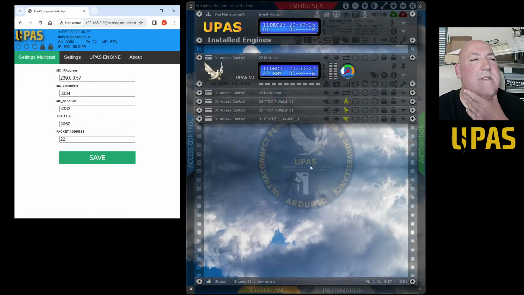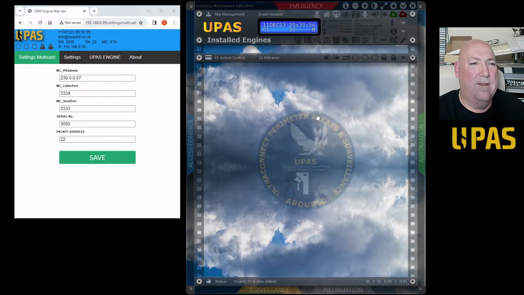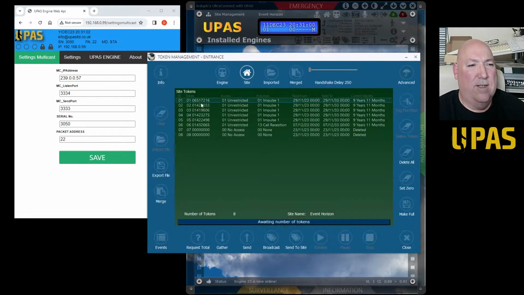Engine 23 is offline. Engine 23 is now online. This bit here, this web API, it's just a bit of basics, just to get you set up, and probably as a standalone access control system where you can learn a token and look at the tokens that are in the list. That'd be nice. Although token numbers don't really mean a lot, a bunch of token numbers, they don't mean nothing.